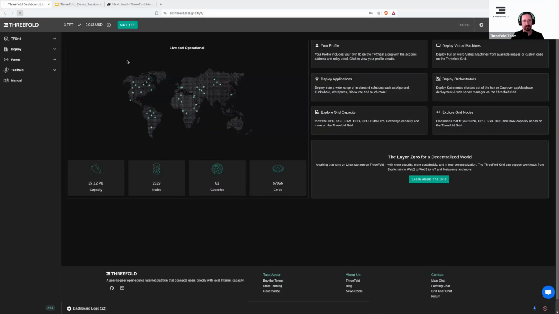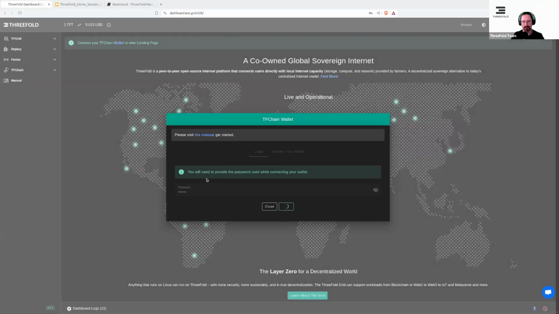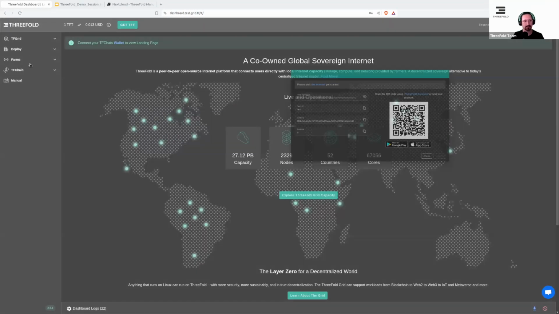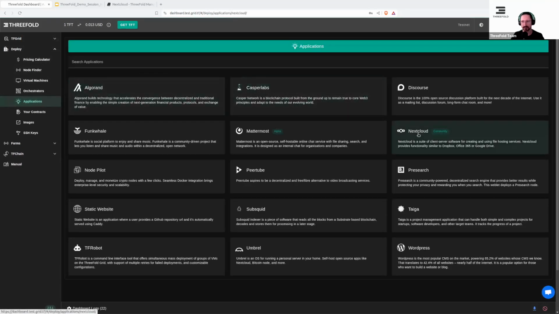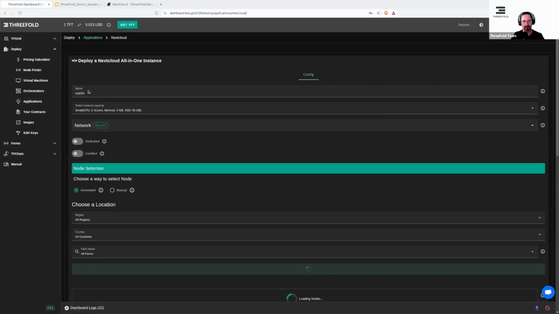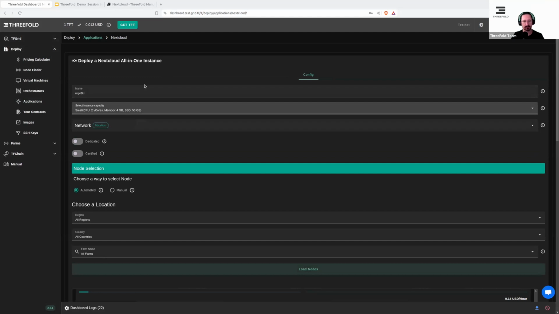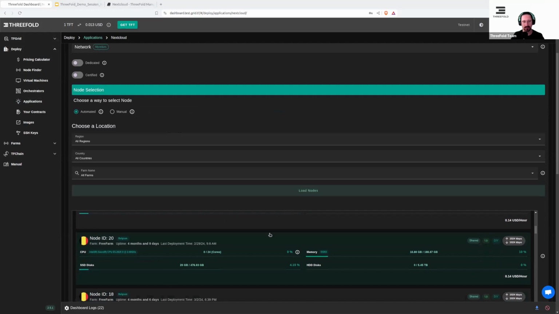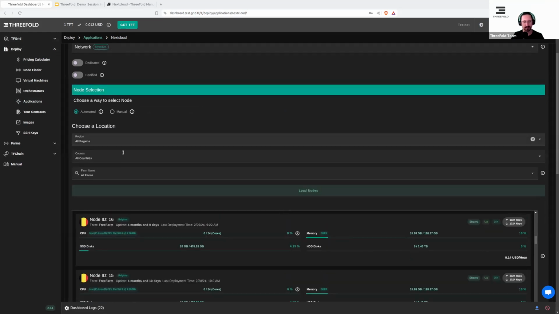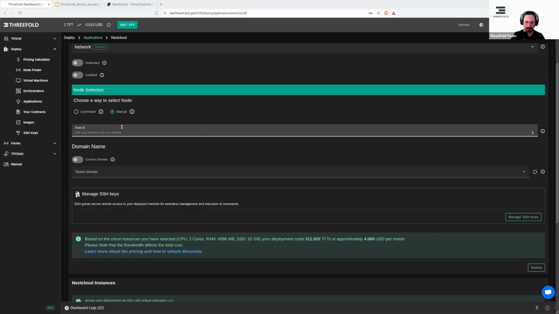So let's say you open up the dashboard. Put in your password. Then you go in deploy. We want to find the application Nextcloud, so we choose Nextcloud here. You can choose a different name if you want, and choose a different configuration. For now, we can use the basic one. You can use a dedicated or certified node. It's not needed for now. Then you can find all the different nodes. You can choose if you want to deploy, let's say, in your own country. For today, I'll deploy on node 10